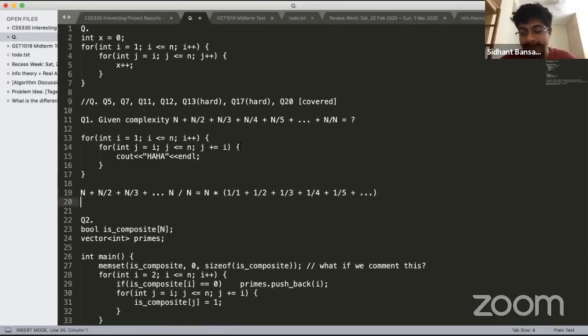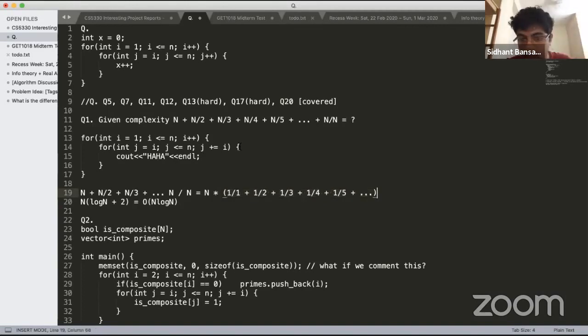And this thing is a harmonic series. I don't want to get into the details of this, but this thing comes out to be something like log n plus 3 or log n plus 2. So this thing is n log n, that's why it's order n log n. I don't want to get into the details of why this harmonic series converges to log n, but